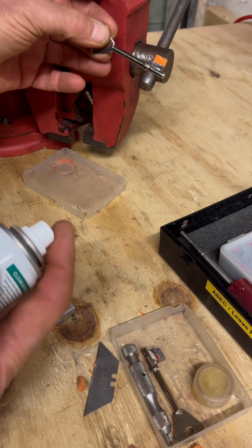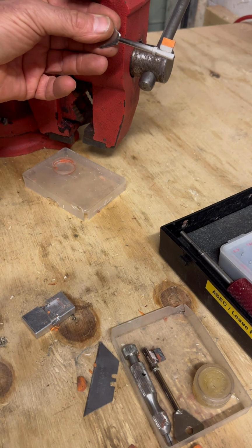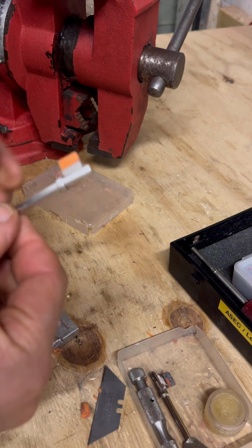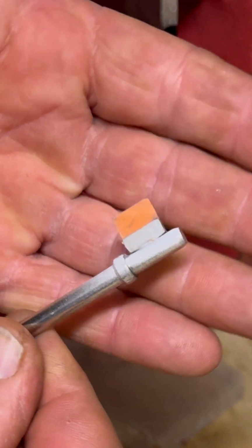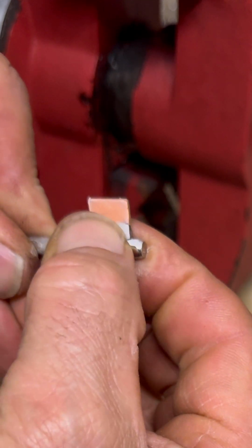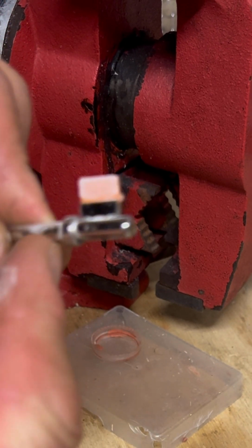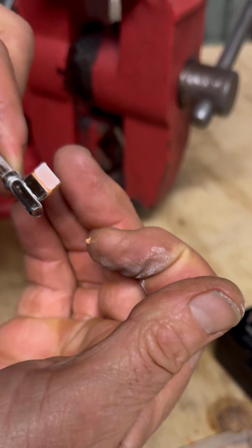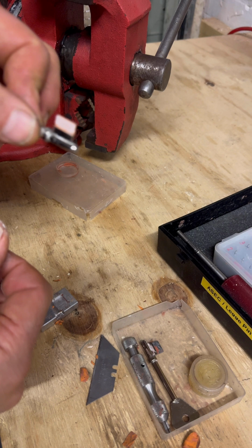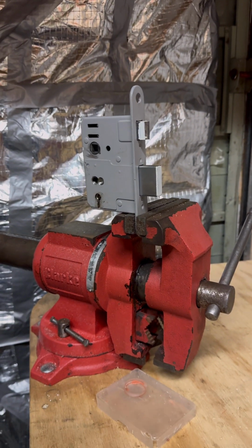People use talc, people spit on it. I'm going to use a little bit of spray talc, and as you can see, what that's done is it's actually coated that. I can wipe that off, but it creates a bit more contrast on the plasticine when you take a read, so it makes life a little bit easier. It also stops that plasticine from sticking to the levers. So let's just put this camera back up to there. I'm going to pop that in,